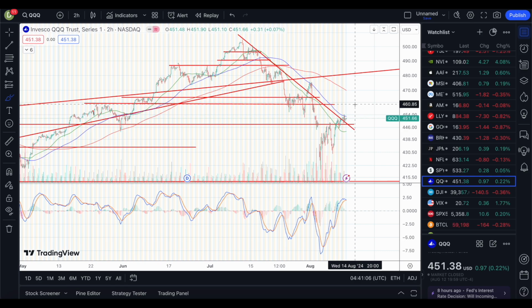Then the next level of resistance moving up, obviously there is going to be some resistance a little bit on the way going up, same thing with the S&P 500, but essentially moving up to the $460 and some change, $461 and some change. And if the market is very optimistic in terms of CPI and PPI inflation numbers, I would say more so for the Wednesday, potentially going up to $465 and some change.